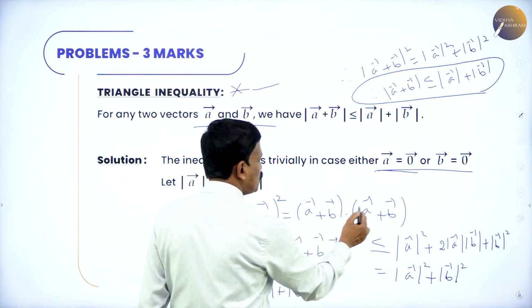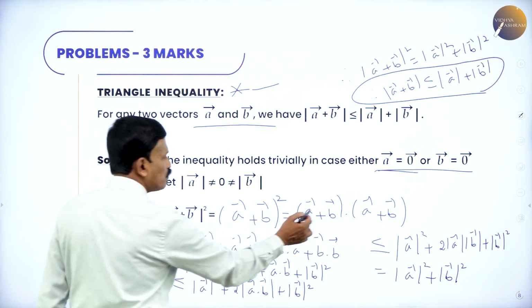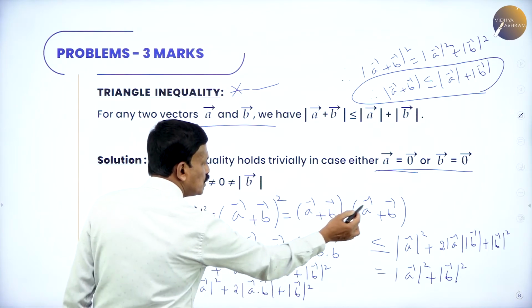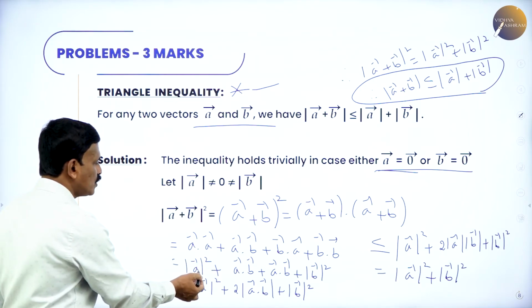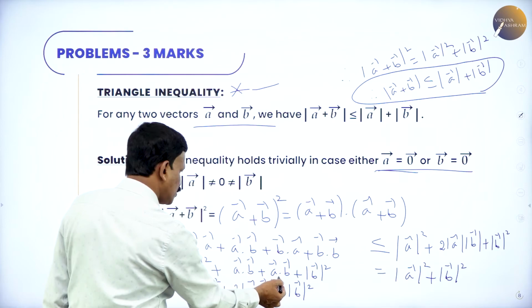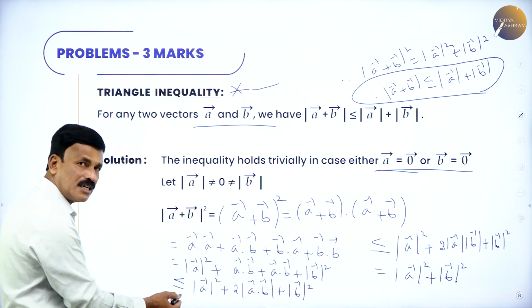This is (a + b) · (a + b). Multiplying out, that is a · a + a · b + b · a, which is b · a + b · b. So a · a is nothing but the length of a whole squared. This is a · b. b · a is also equal to a · b. b · b is nothing but the length of b whole squared,